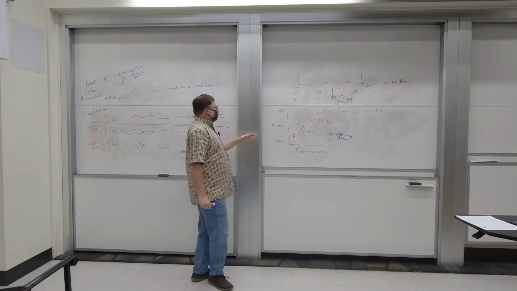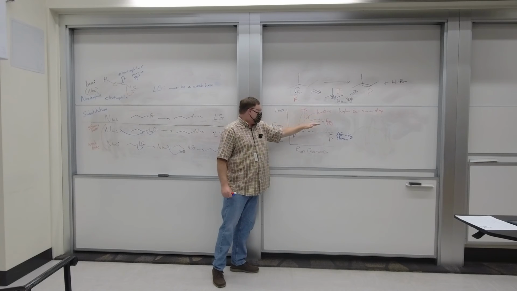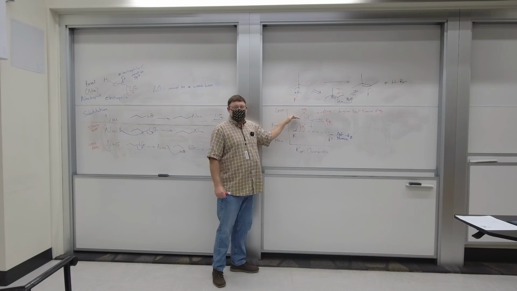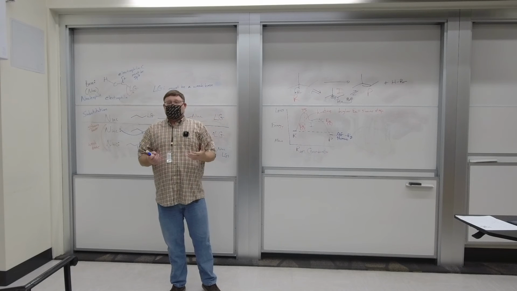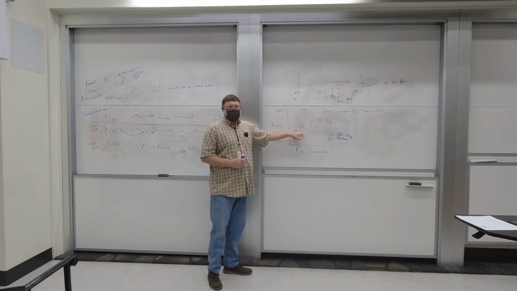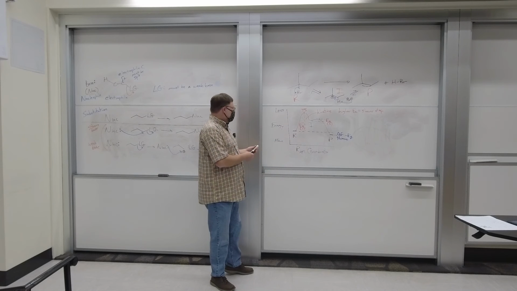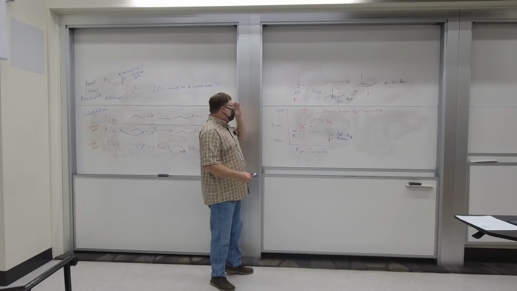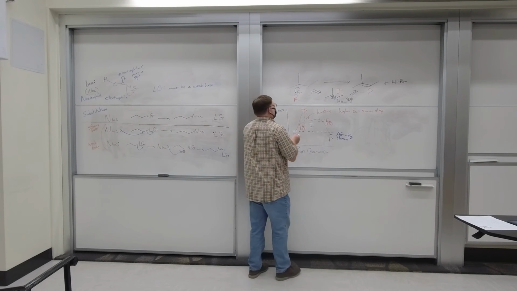So, okay. This step is a high bar. This step is a low bar. So the first step happens slower. The bigger the EA, the slower the step. So the first step, we would call that the slow step. And in terms of determining how fast this reaction happens, this first step really determines it all. So slow step, rate determining step, either one of those is fine. And like I said, this should make chemical sense to you guys. This first step, which again is going to be the slow step,